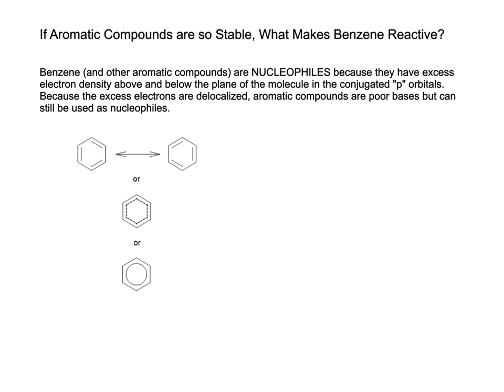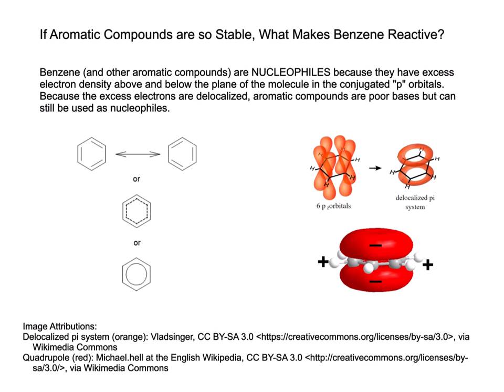So in this image, I have several different representations of a benzene ring. I show the two resonance structures, or the two depictions of their resonance hybrids. So we can see that that electron cloud is delocalized, but that there is a lot of electron density in that cloud. In the images on the right, we can actually see the p orbitals, and we can see a depiction of the delocalized pi system, and you can see that those p orbitals extend above and below the plane